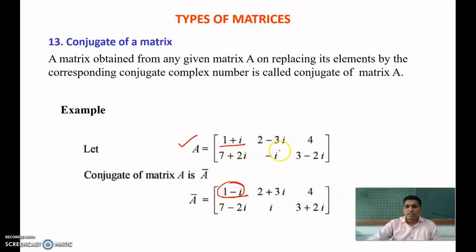So you can see here every element is the complex conjugate of the other element. The matrix A bar, in which every element is the complex conjugate of the corresponding element, is denoted by the bar. We are given any matrix A and then we find its complex conjugate. That matrix is called the conjugate of the matrix.